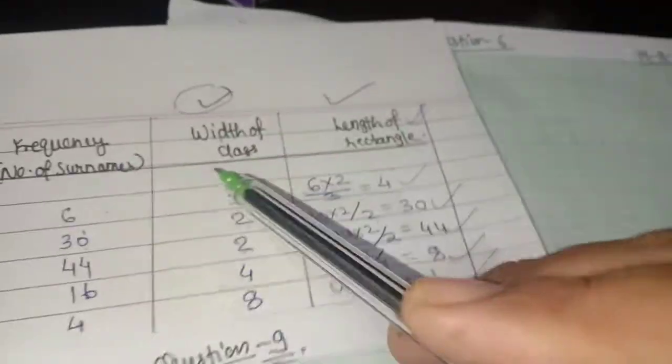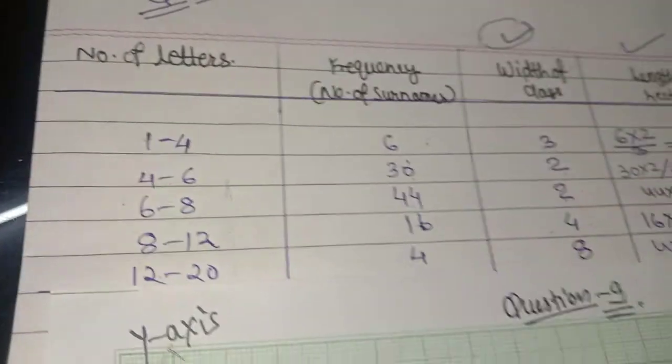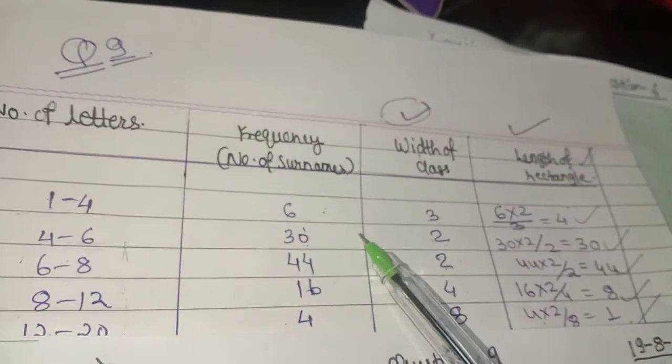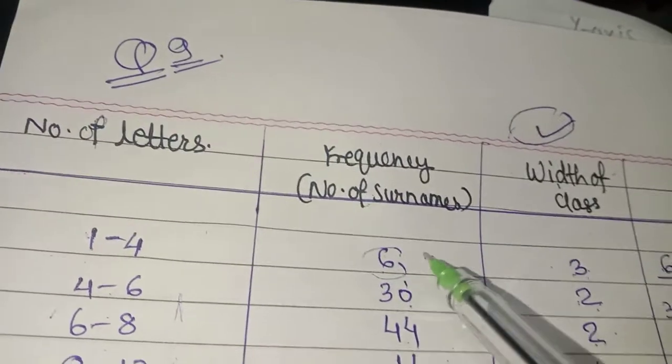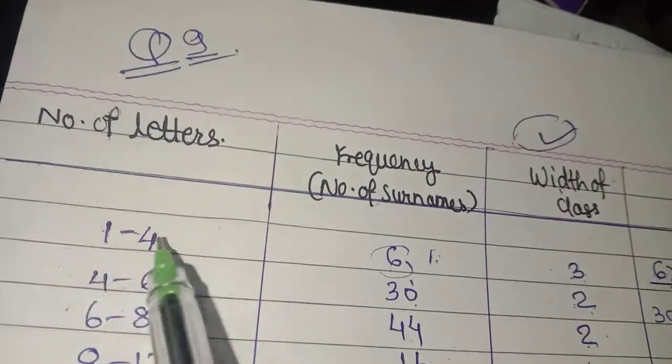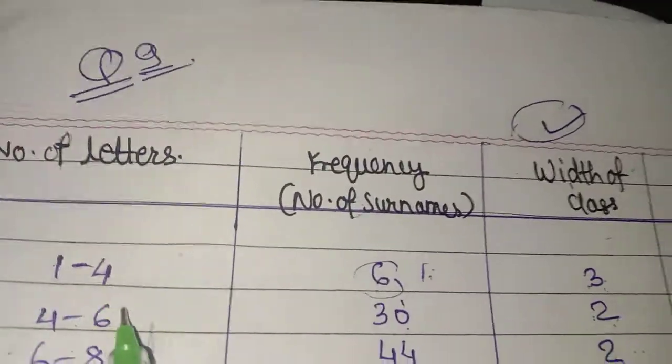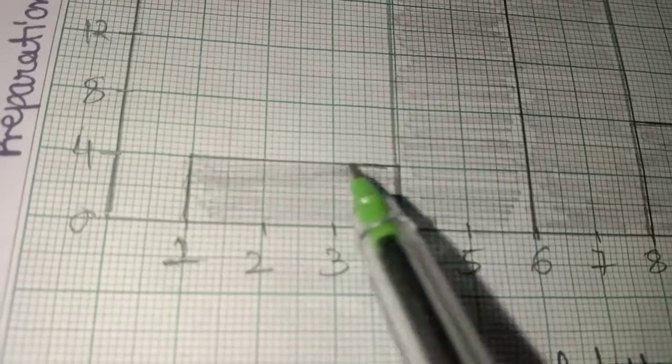What we did in finding the length of the rectangle, we just came to know about the common width, because the class length is not equal. So let's proceed with the diagram now. See, the first value is 4 for 6. Okay, it means that we do not have to consider frequency now. See, 1 to 4. So can you see here? 1 to 4. And what is the width of the rectangle? 1 to 4. The length is 4. So can you see here? I have taken up to 4.